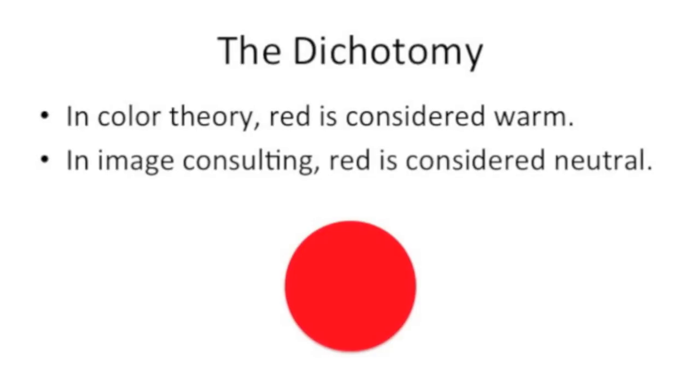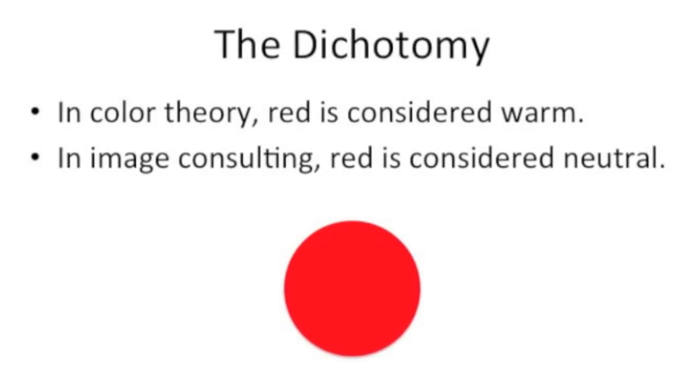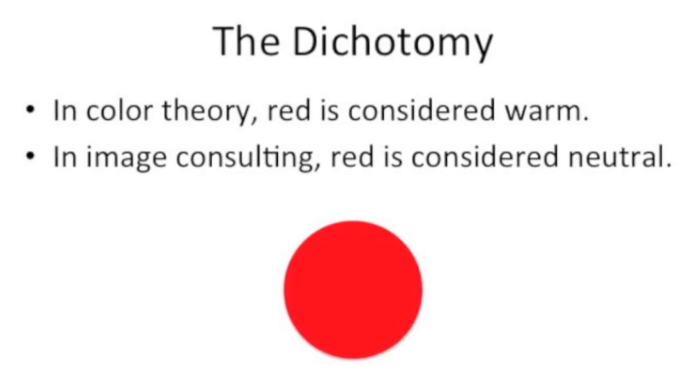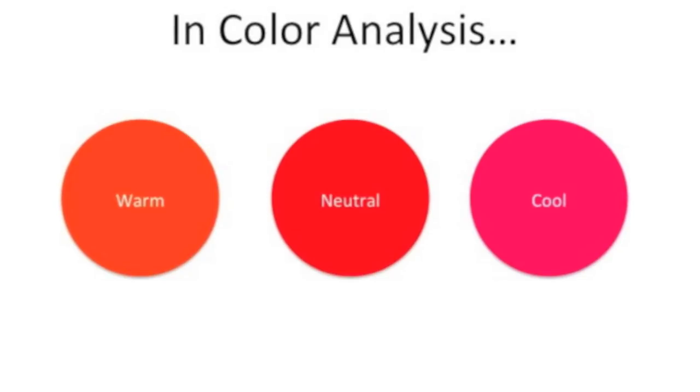So there's a dichotomy. In color theory, red is absolutely widely considered to be a warm color. In image consulting, red is considered to be a neutral color. Now, why do I say neutral, right? So I say neutral because the way I think of it is